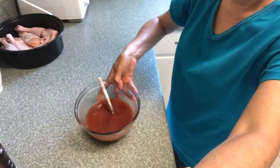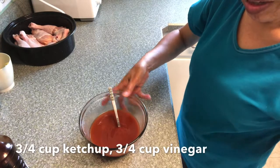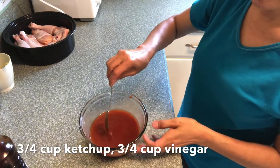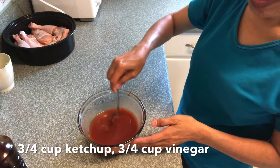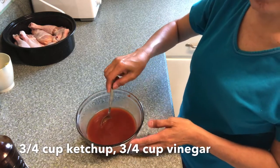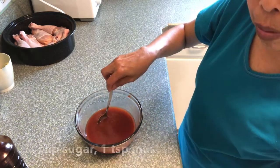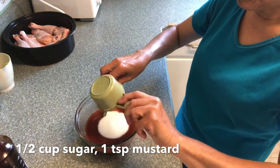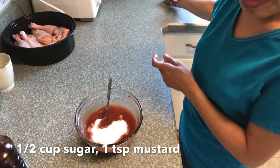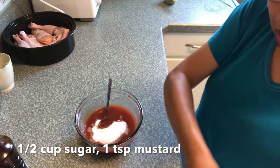And in a small bowl here, I have 3/4 cup of ketchup and 3/4 cup of vinegar and half a cup of sugar and